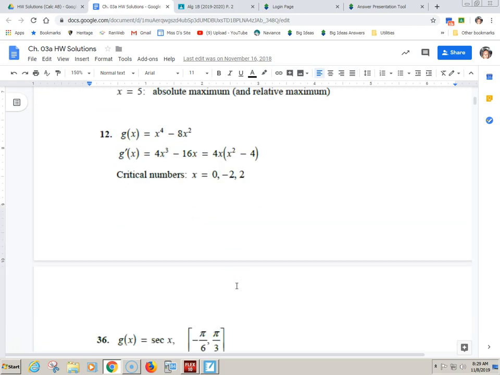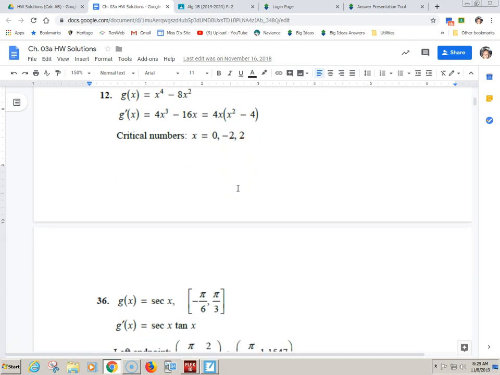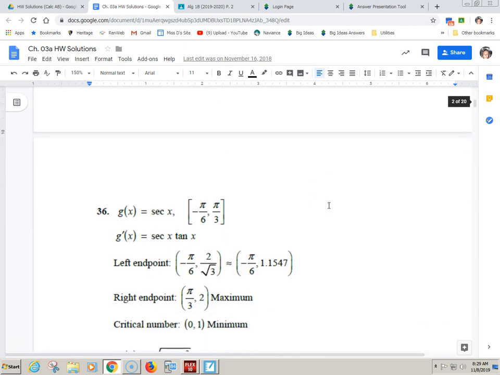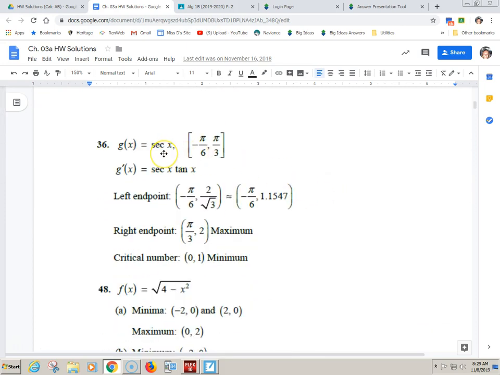Okay. Number 12. How'd you guys love that derivative? I loved it. Quick power rule, quick factoring. Did you get the plus and minus 2? Hopefully. But there were no DNEs. He was a nice little one, just look for the zeros of the derivative. The domain was all real numbers, so no stress. Unit circle, because you had to take the derivative.